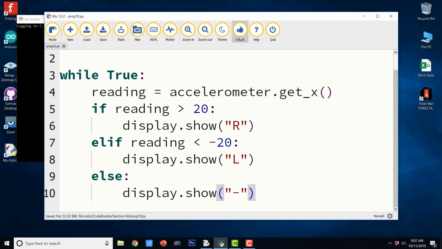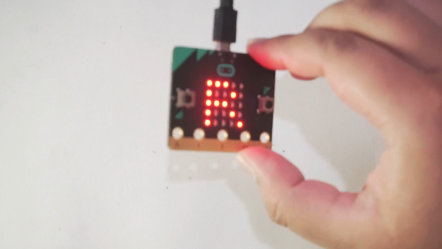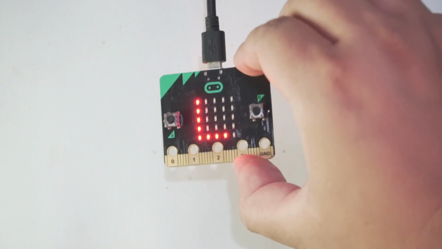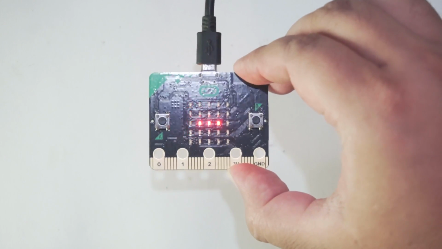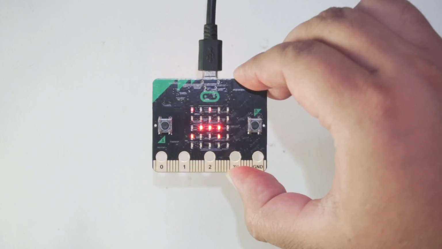So let us save it, check it for problems. It says awesome, 0 problems found, and let us flash it. Okay, so the code has been flashed to BBC Microbit, and let us go ahead and check the output. So this is right, this is left, and this is in between.